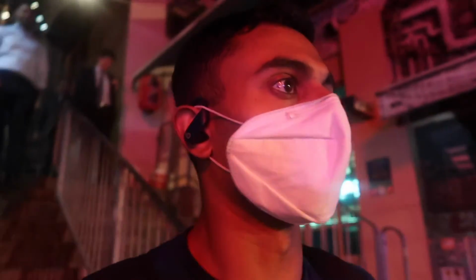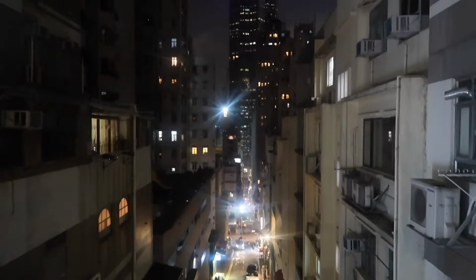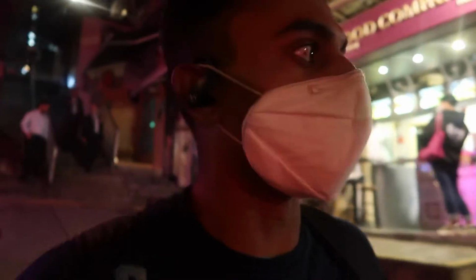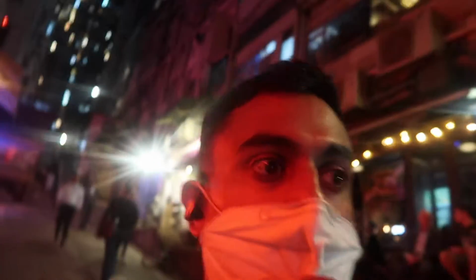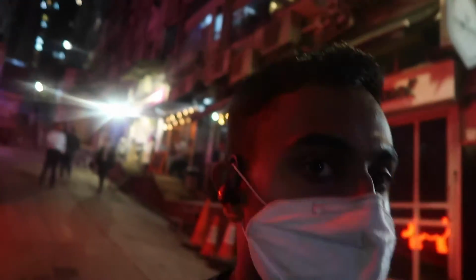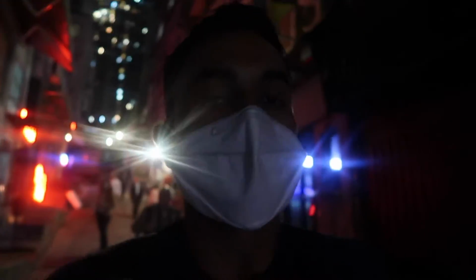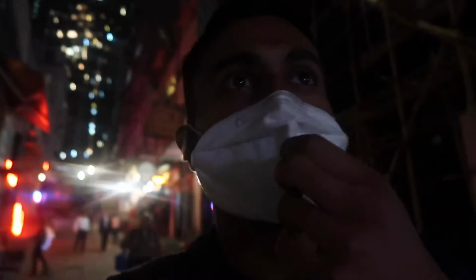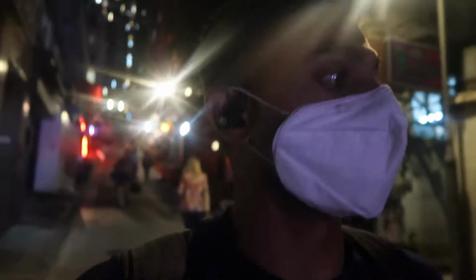I'm in basically called the Central / mid-levels area, and they have an escalator system that takes you up the hill, because obviously it's quite steep on Hong Kong Island. You guys can see behind me, this escalator system that takes you up. I've just been all the way up it, and now I'm walking down, and within all the little roads and the offshoots and the alleyways, there's loads of restaurants and stuff. Just having a nosy, really interesting, really cool little area with loads of what look like really fantastic restaurants,